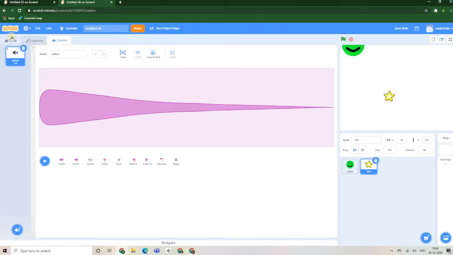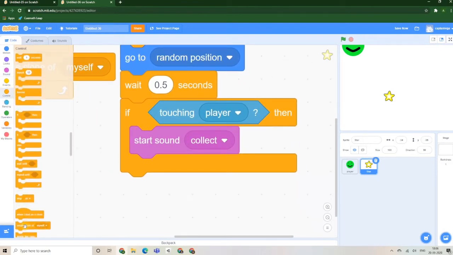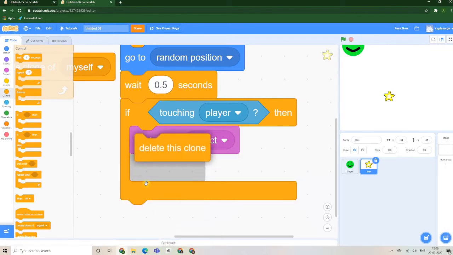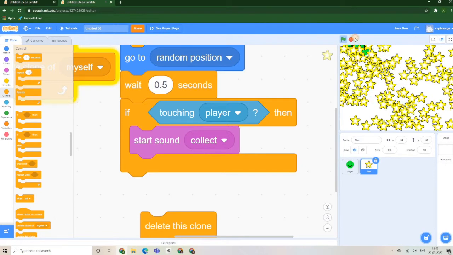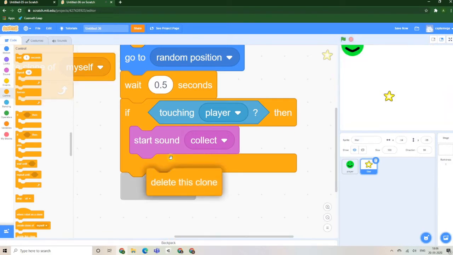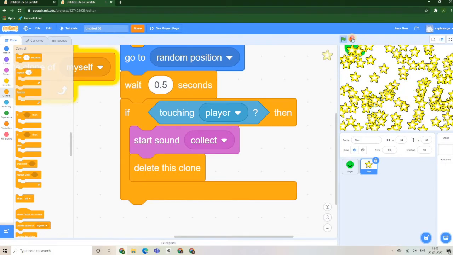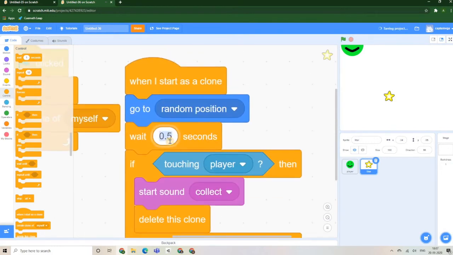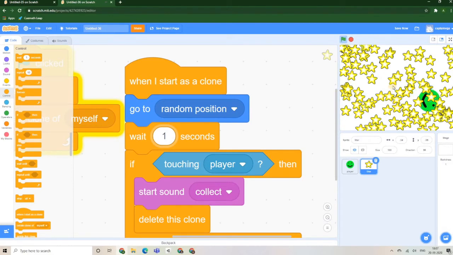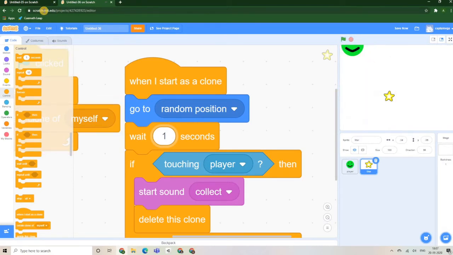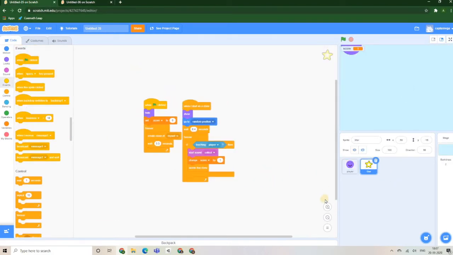So I'm just gonna put collect here, and we want to delete this clone. If we don't put delete this clone, this is what happens. We collect it, but it doesn't disappear. If I say delete this clone, go 1 second. So it's just appearing everywhere. So now if you go to my other project, what I've done to the star is,